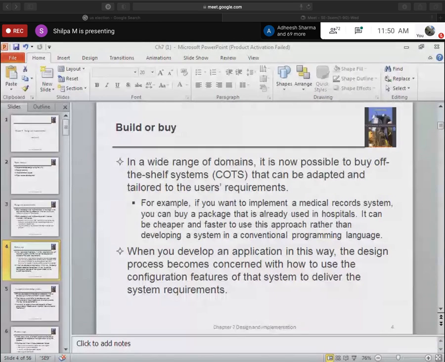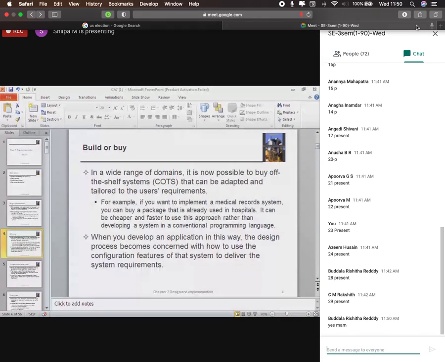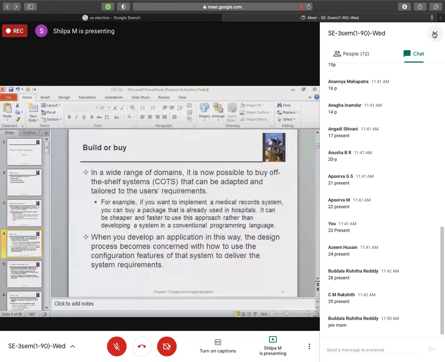Can you give an example wherein a product is already available? Let's say a product you have developed and given to one customer. Later, you can use the same product for a different customer. Something like that. It's there in the slide, dear. If you read it out, it is enough.